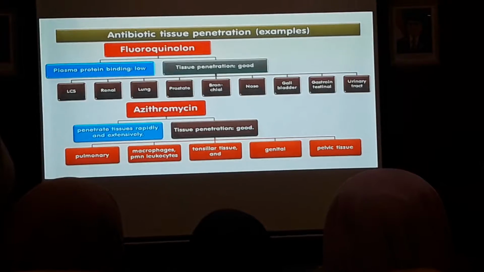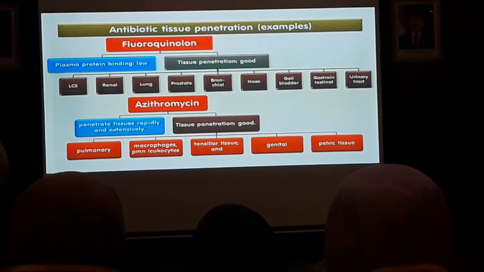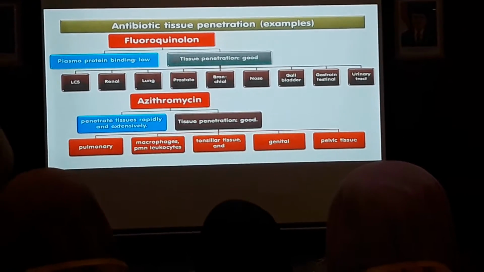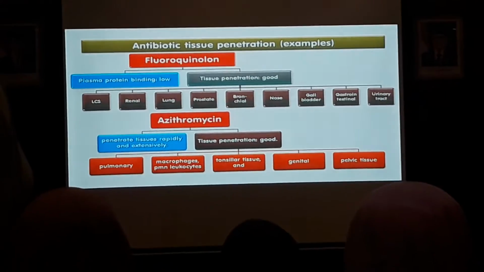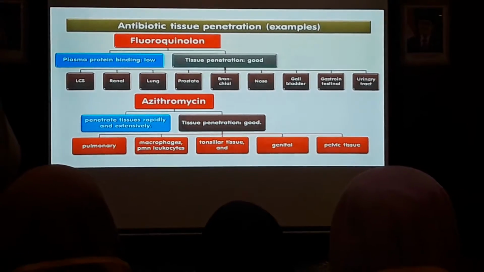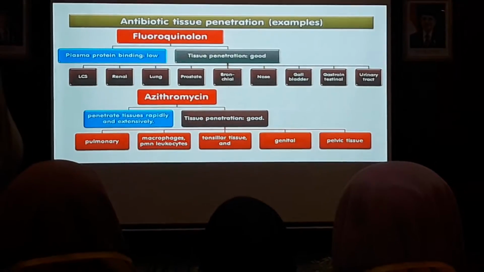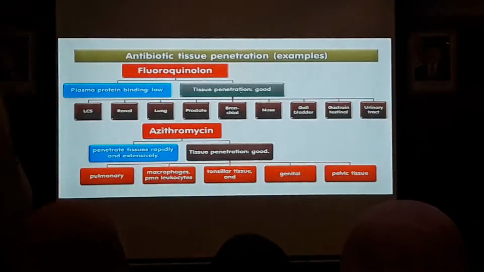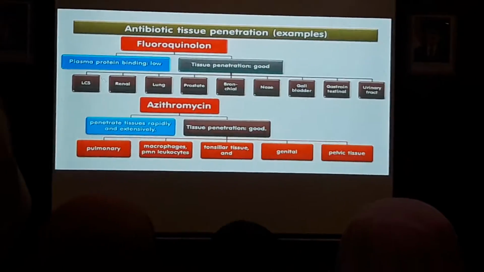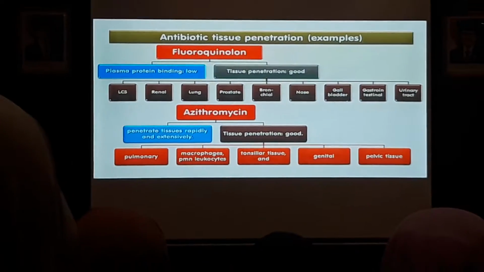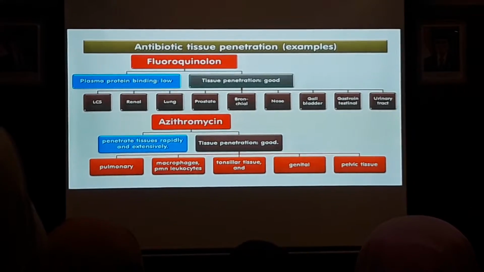Yeah. This is another example of antibiotic tissue penetration. Make sure you know the source of infection. Otherwise, you treat your patient with antibiotics which cannot penetrate to the source of infection. For instance, fluoroquinolone, the tissue penetrations are good in CSF, renal, lung, prostate, bronchial, nose, gallbladder, gastrointestinal, urinary